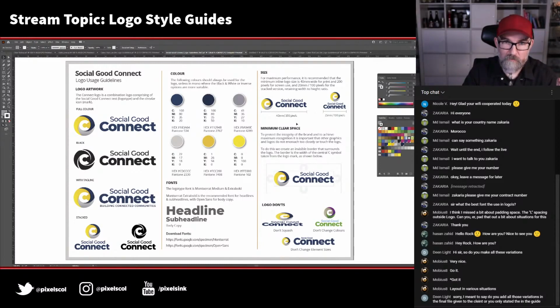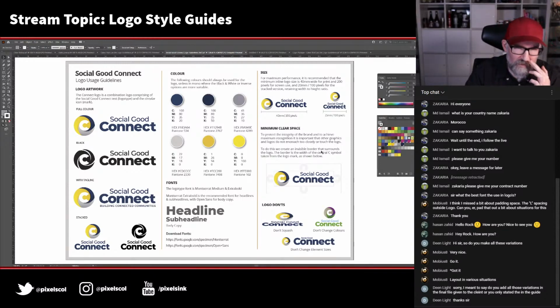In here as well, I've got minimum sizing. I actually don't think I had that on the other one, but what's the smallest size that it should go, because with logos, if you go too small, you can lose detail. So you want to specify what the minimum sizing is for that. A lot of my clients find this one-page guide really, really useful,